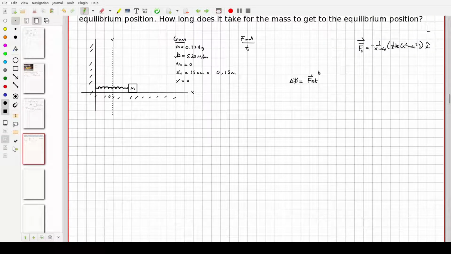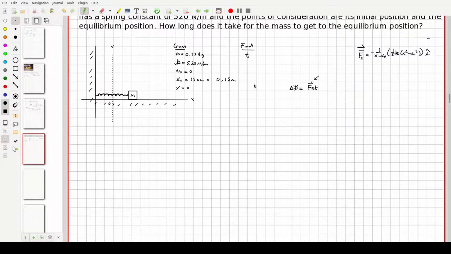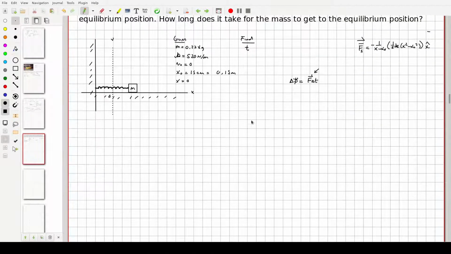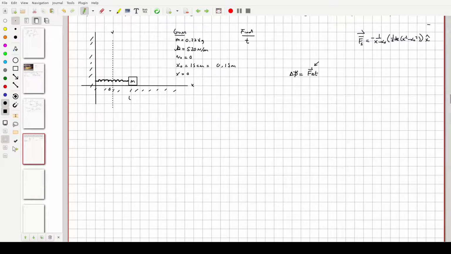So we'll be able to find the average force here. We can solve for time, but we're going to need the change in momentum. Now we know what the initial momentum is. It's going to be 0 because it starts off at rest. We know what its mass is. What we need is the velocity of this thing as it crosses the center line, okay, because that's the second point of consideration. Now, to do that, let's just consider our initial energy,